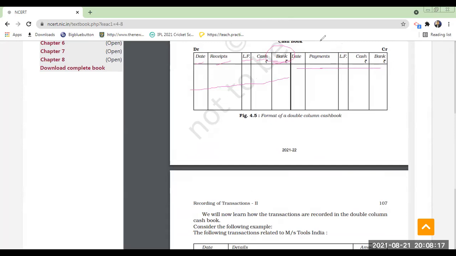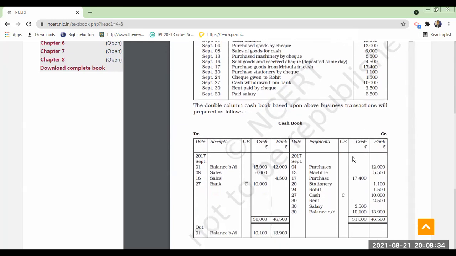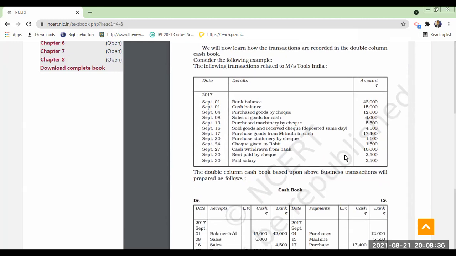So while writing in your notes, you should turn it sideways and write like that. Only then it will be neat. If you write straight away, the columns will not be sufficient and space will not be sufficient. Okay, you turn the page and do it. Before going into the problem directly, let us check one example. Now you see, this is the example given in the textbook.